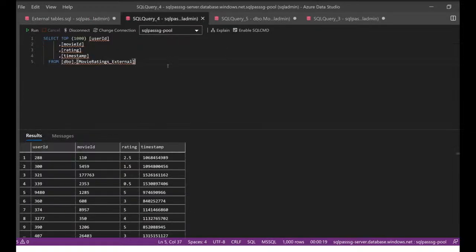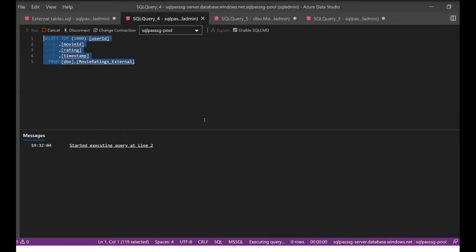So let's see here how we can query that data. I'm firing a normal select query here on top of that CSV data, and I'm just referring to that as a normal table rather than treating it as a CSV.